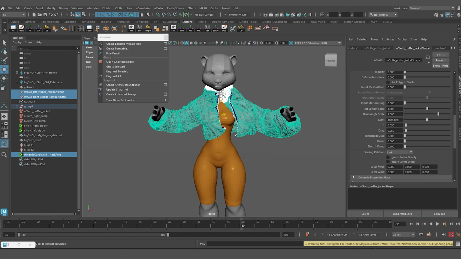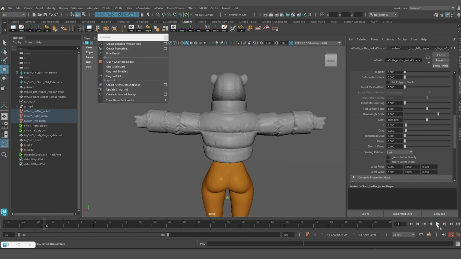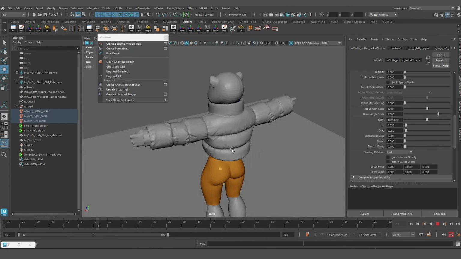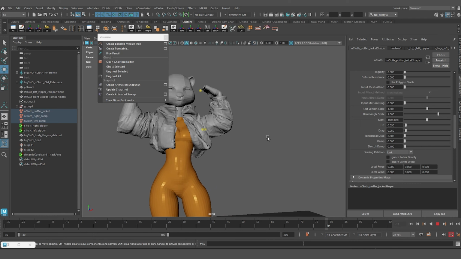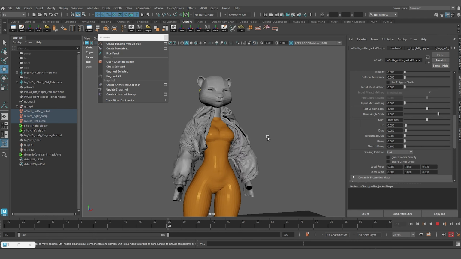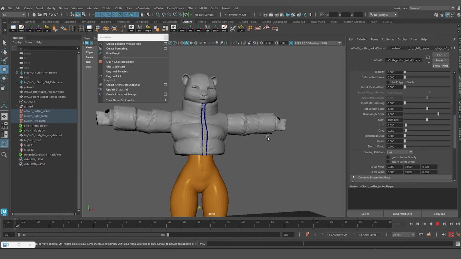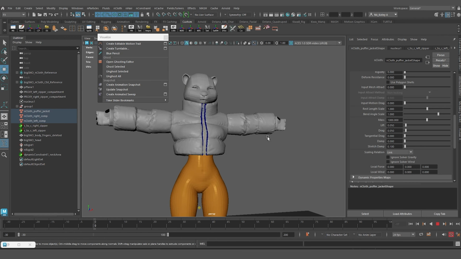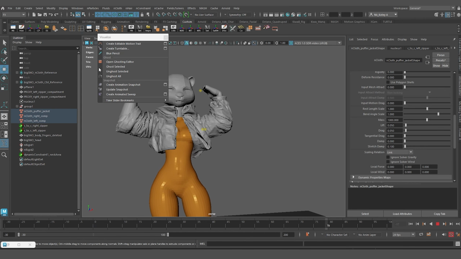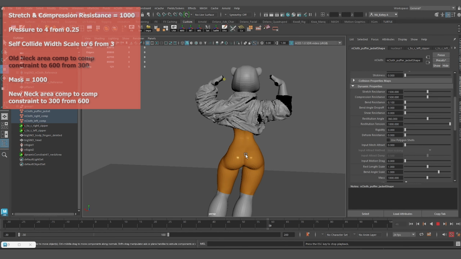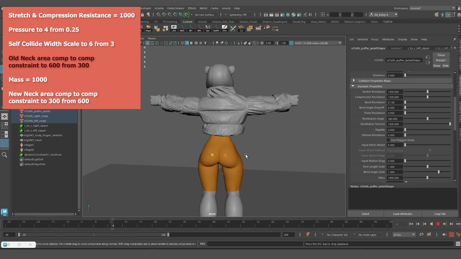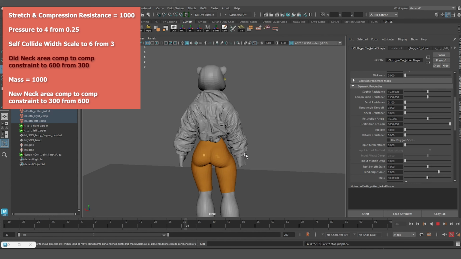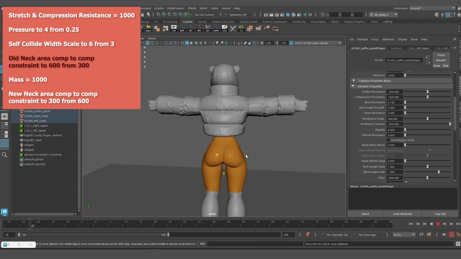And this is very good because initially the very few points that I had selected were making it very difficult to hold the collar in place. That's why I had to crank up the strength of the component to component constraint to 600. So after testing the simulation with the new selected points for the component to component constraint, I realized that the 600 strength is a little bit too much. So I started bringing it down gradually. I halved it to return it back to 300, but even that 300 was pretty strong and it was holding